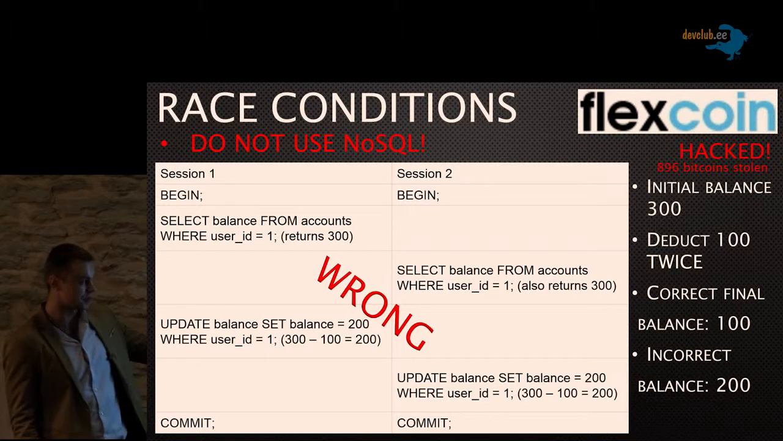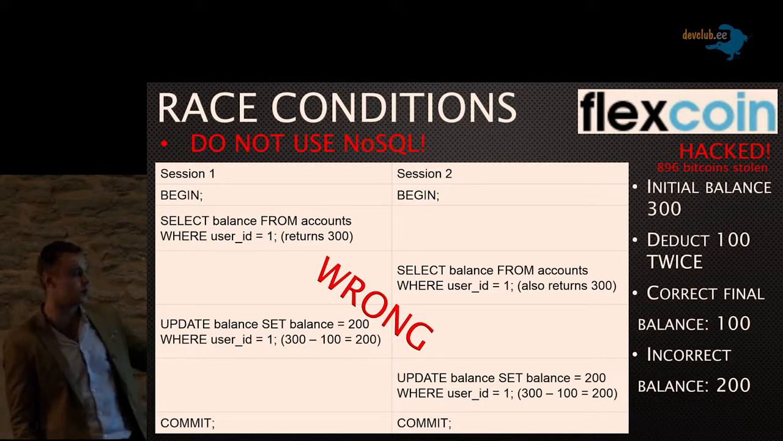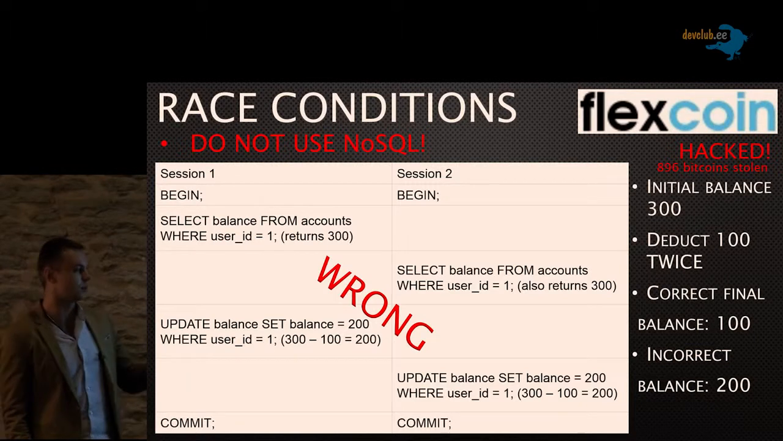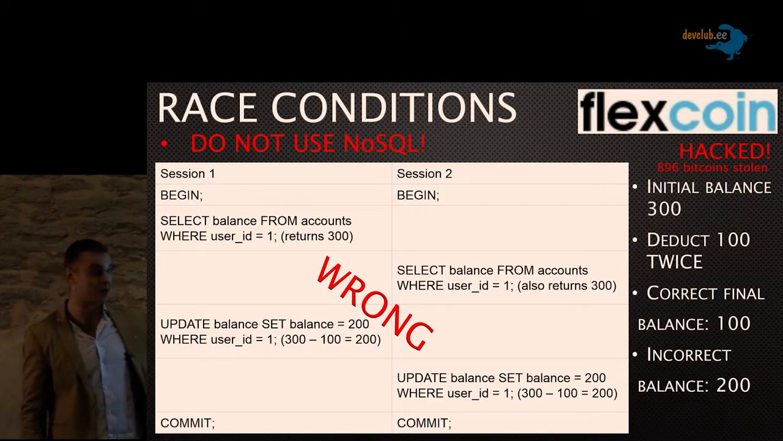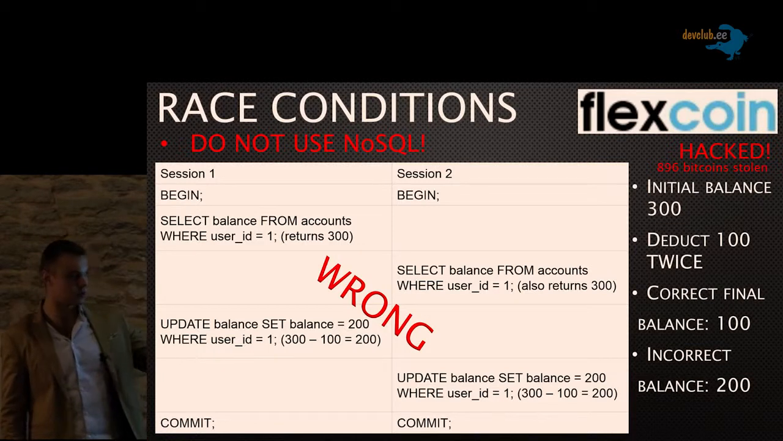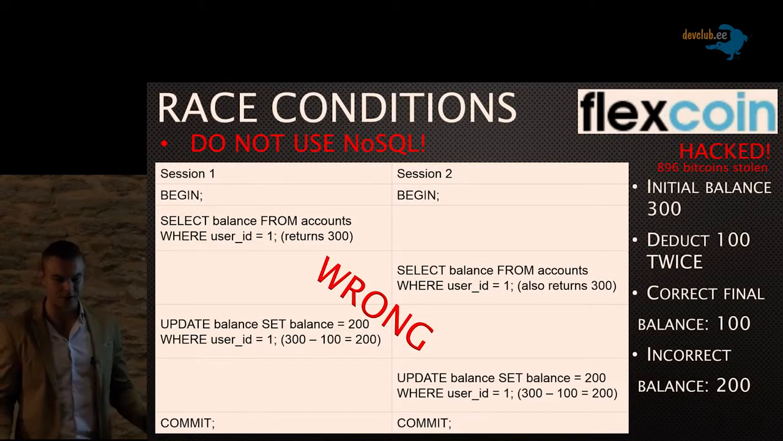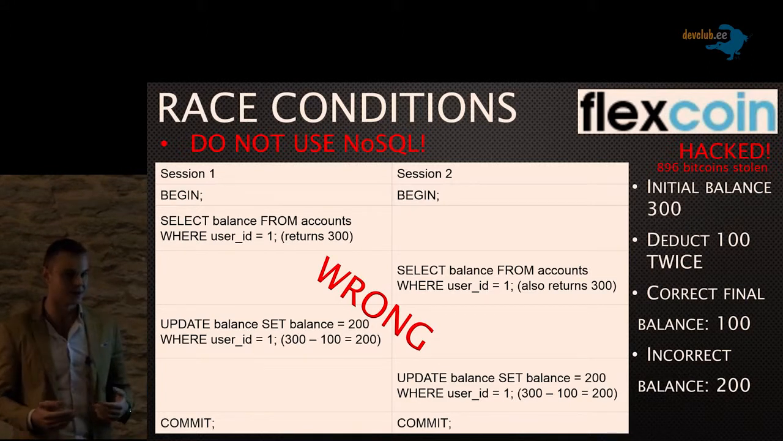So the first session subtracts 100 from 300, it gets 200, right? And then it commits. So the answer is 200. So it already took $100 from my wallet. At the same time, session 2, because it has 300 initial balance, also subtracts 100, sets 200, and also commits. That means you transferred out 200, you should have 100 by the end, but you have 200